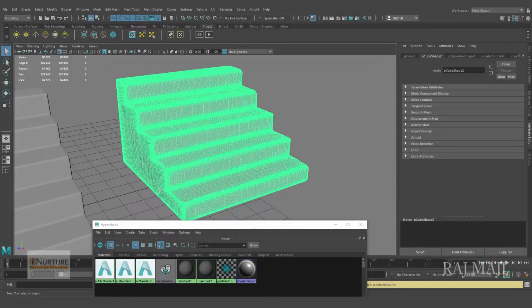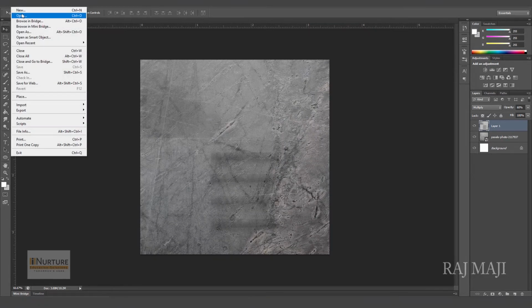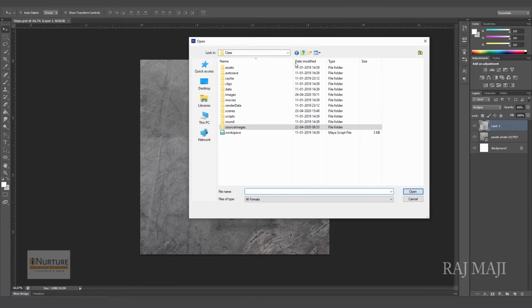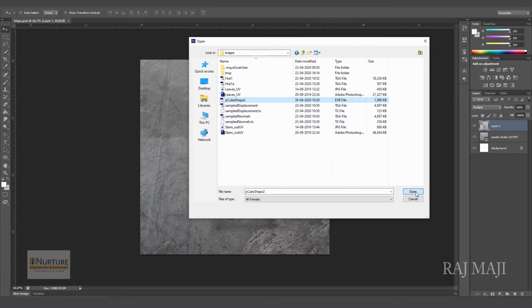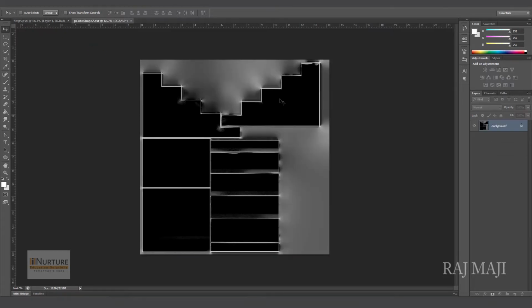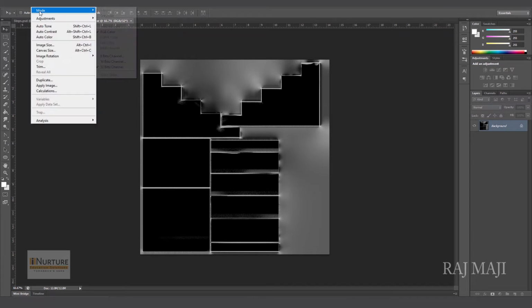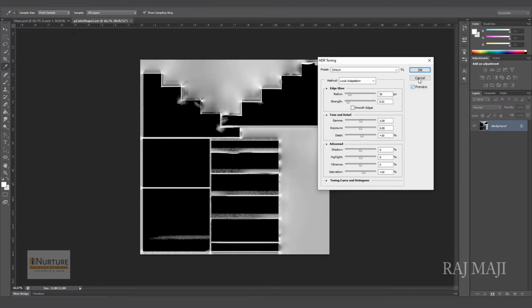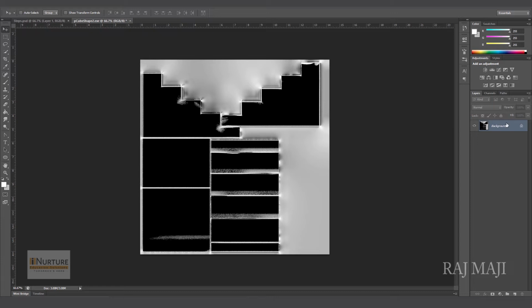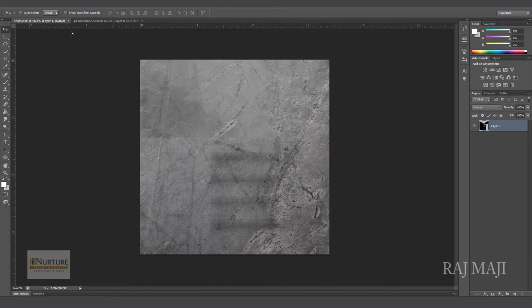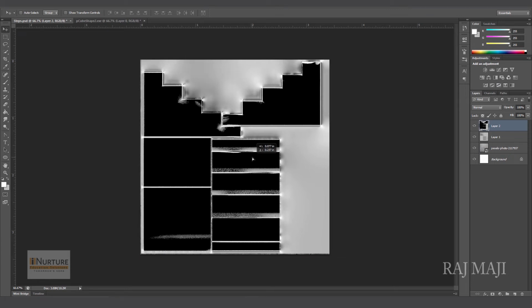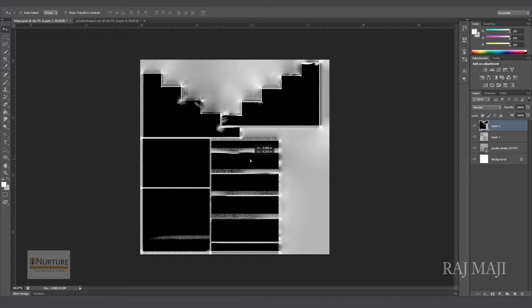Alright, it is done. Now going to Photoshop once again, File, Open, and going to the images, the same name. Every time it is creating an EXR file, and you can see I am getting very nice edges. So again, mode, 8-bit. Alright, and drag and drop. Make sure we're keeping it properly and snapping all the corners properly, otherwise the position will